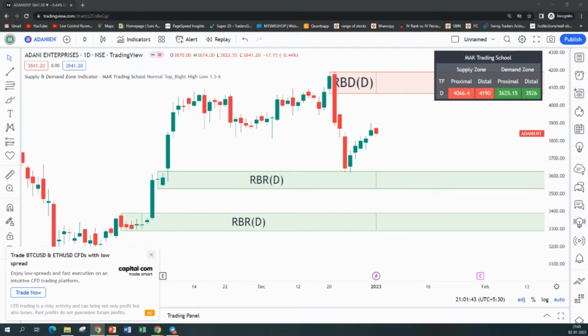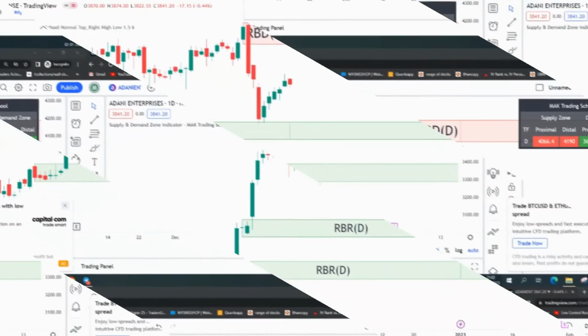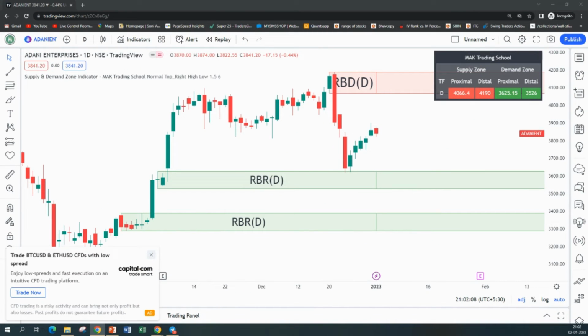So that's the reason we had come up with an automated indicator which would plot these zones on TradingView charts. We have now upgraded the version of this indicator, so there are a lot of new features. This video is a tutorial on how to use this indicator effectively and also the upgraded features of this indicator. The chart that you see on my screen is for Adani Enterprises, and this is a free version of